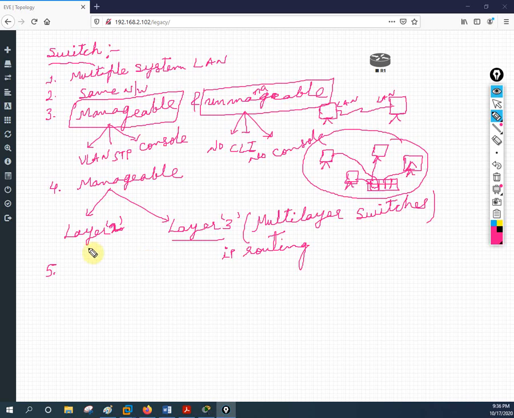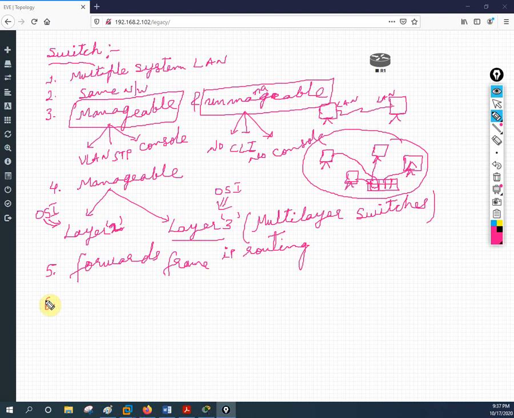In simple words, we can say a layer 2 switch means it will work on layer 2 of the OSI model. Remember the OSI model we have, so it works on OSI layer 2, that's why it is layer 2, and the other works on layer 3 of the OSI model, that is layer 3. The basic function of the switch is to forward the layer 2 packet, to forward the frame. What are the basic functions of the switch? To forward the frame.